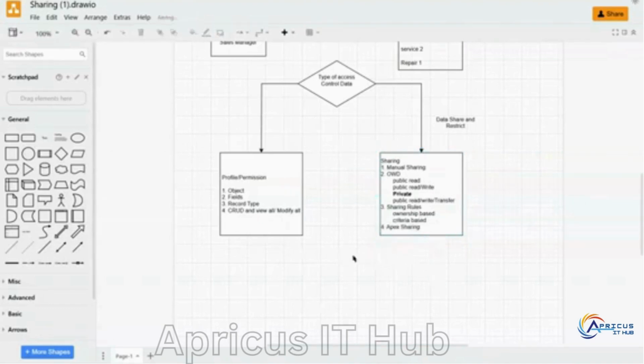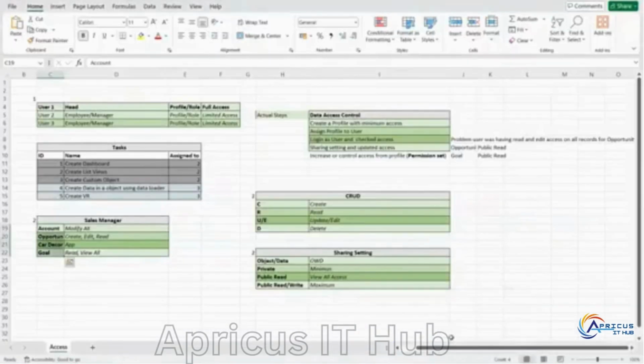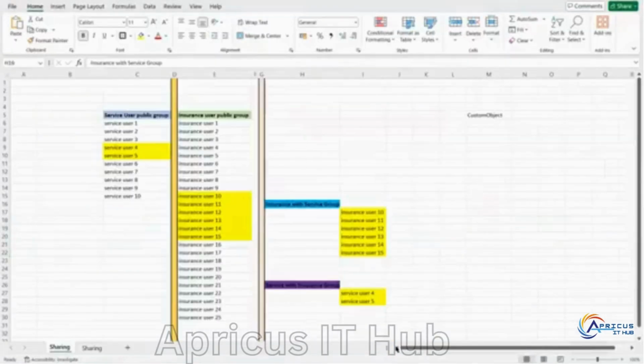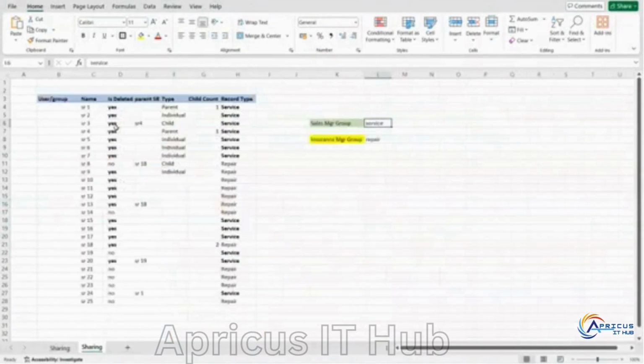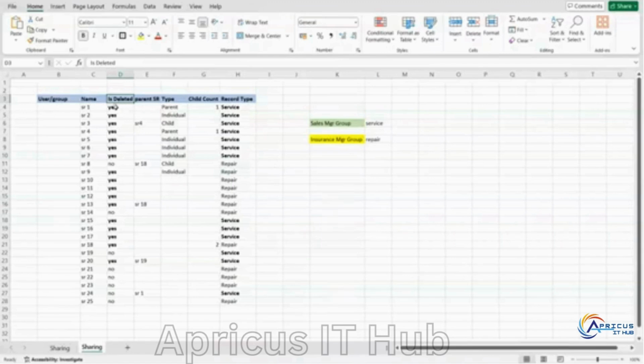Okay, I'll give one more simple scenario. Now see, I have records, these many records I have. Now I have one more attribute added in future, which says is record deleted. So whenever a record is deleted, I don't want to delete it physically, but delete it as a soft delete. So I have kept one flag. Whenever a user deletes a record, I want to set this flag, yes or no. But the issue is now users are still able to see the record even though it is deleted,